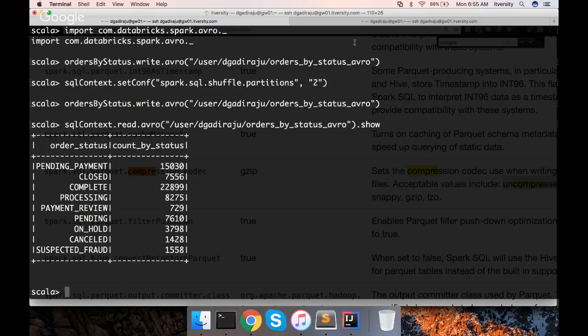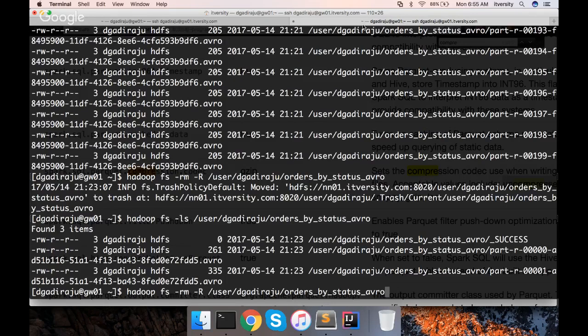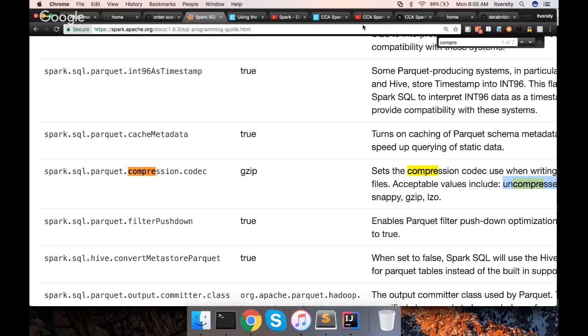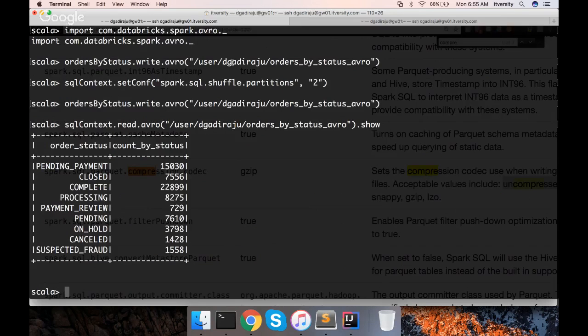So I am deleting these files again, and then I am setting the parameter spark.sql.avro.compression.codec.